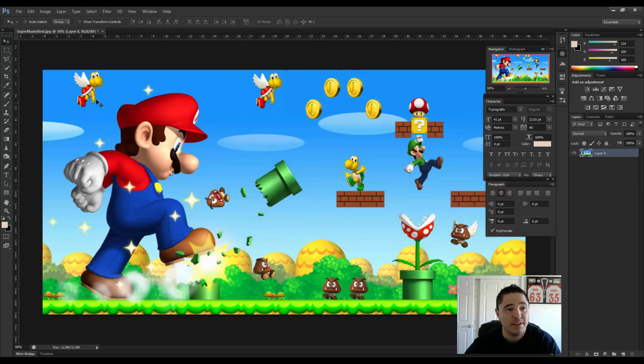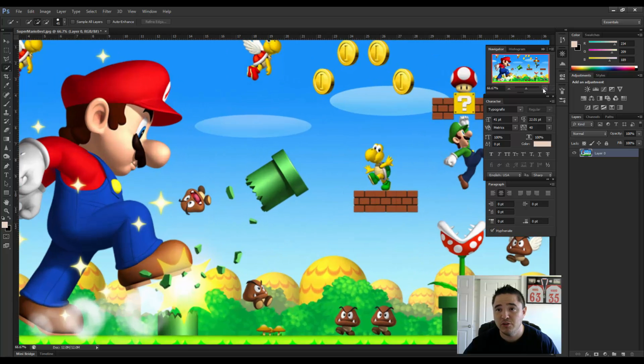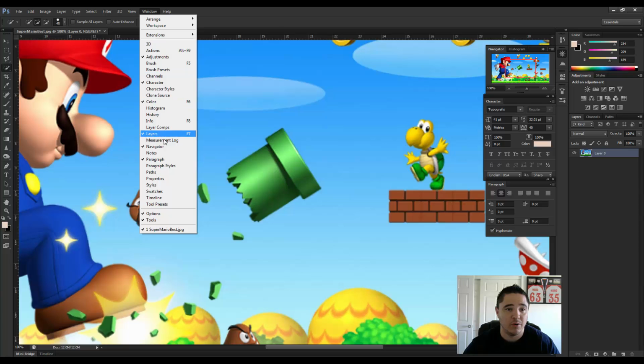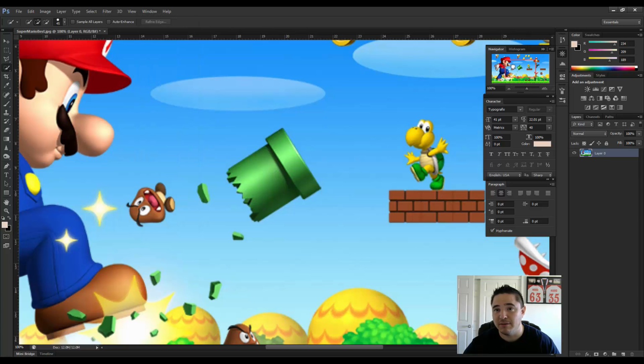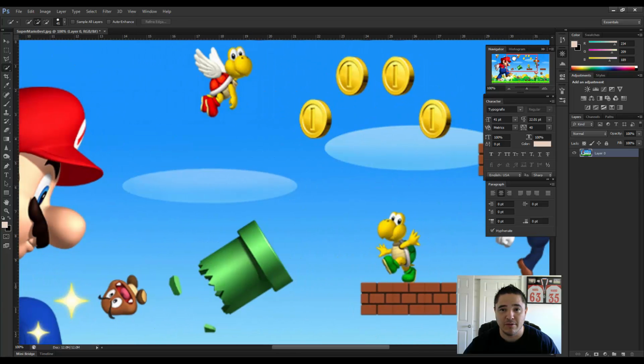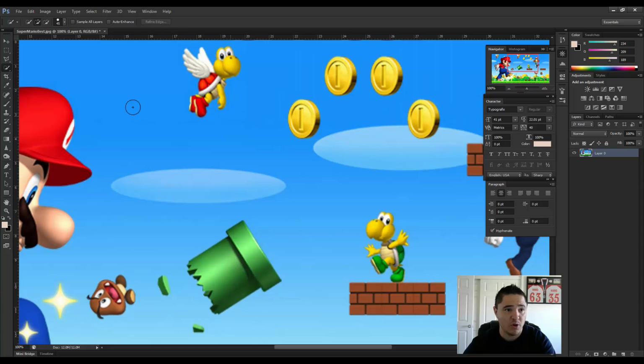Okay. Now the second tool we're going to be using is the quick selection tool, one of my favorite tools. So we're going to zoom in a little bit, and I have the navigator panel open. If you go to Window, Navigator, this little panel will open. I use this probably the most out of all the panels just because it helps me navigate around the image easily. Okay, so with the quick selection tool, what we're going to do is